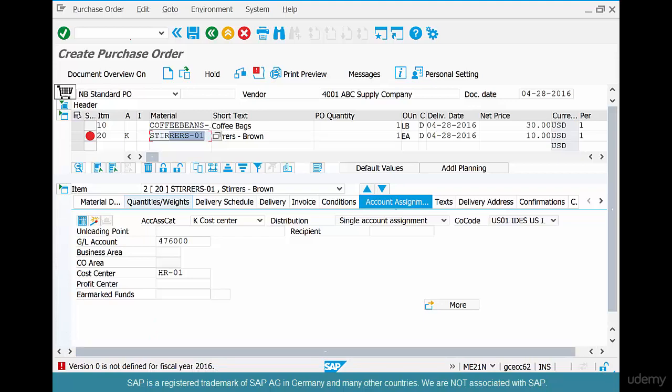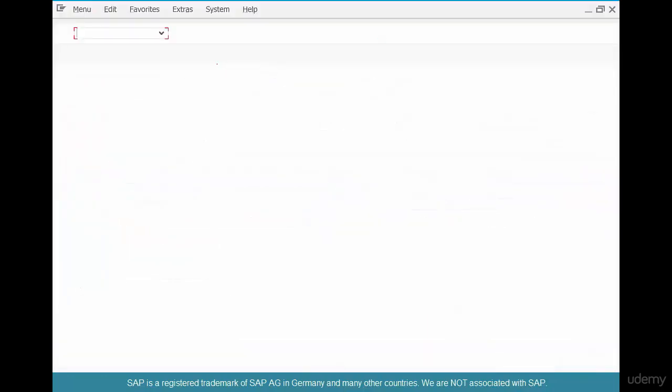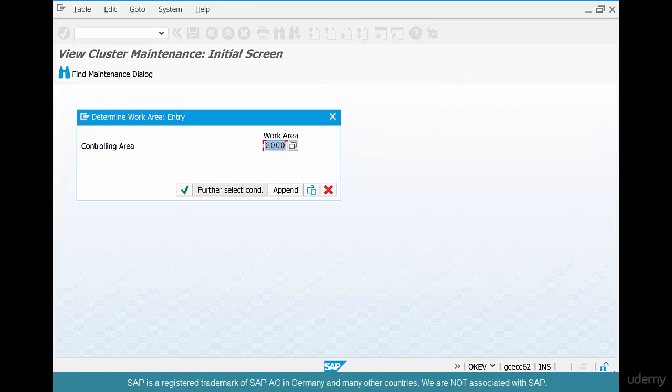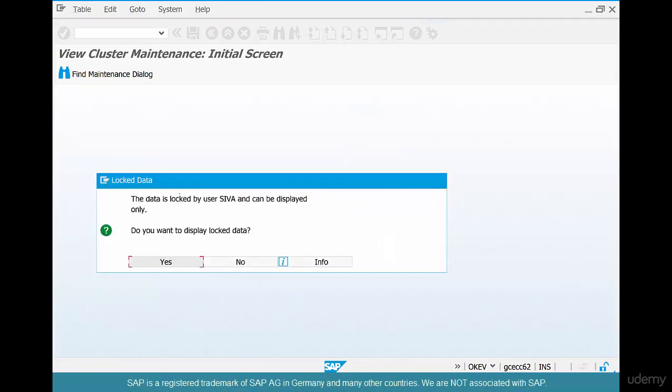Version 0 is not defined for fiscal year 2016. And the way to fix that problem is go open a new window, go to OKEV. This is all controlling, so you don't have to really understand it. Somebody else will fix these things for you. So since there is no finance consultant, we are doing it all on our own. Enter controlling area 2000, click OK,